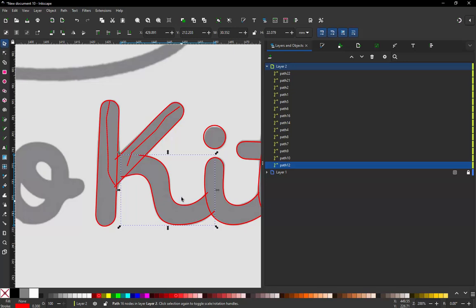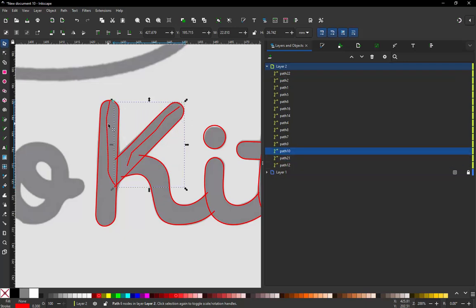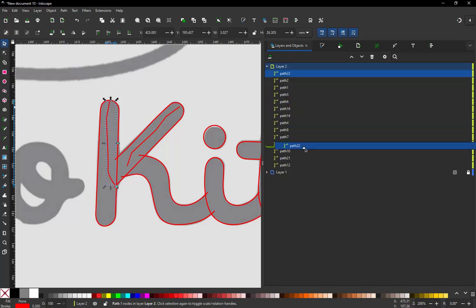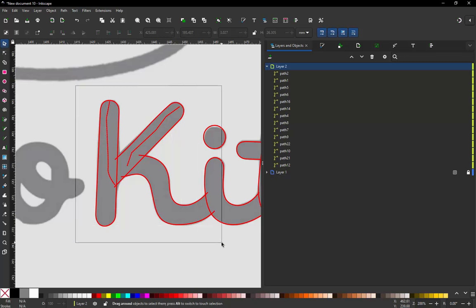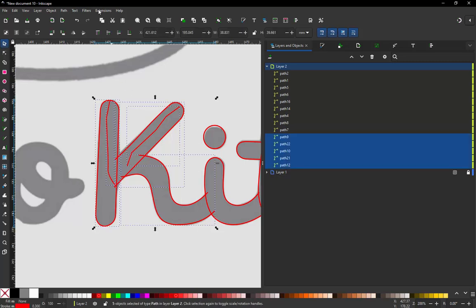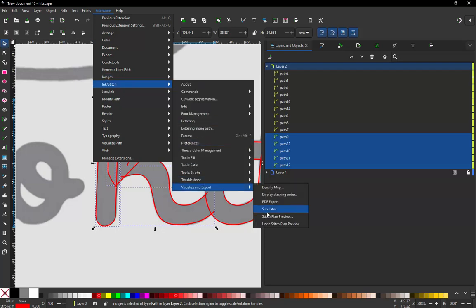So this is going to stitch first, then this path is going to stitch, and then this one's going to stitch, and then we need this one to stitch, and then finally we need that one to stitch, okay? I know that's probably a little bit confusing for you, but let's look at it in simulator mode, and then you'll kind of see. So let's go down here to simulator,